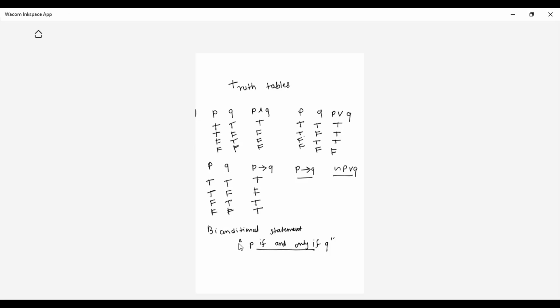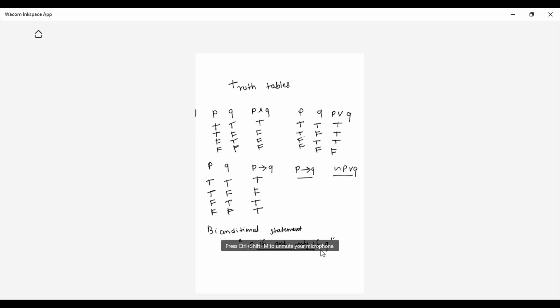Now we are moving to the biconditional statement. In a biconditional statement, we read P if and only if Q. Whenever you observe if and only if, you will call it a biconditional statement.